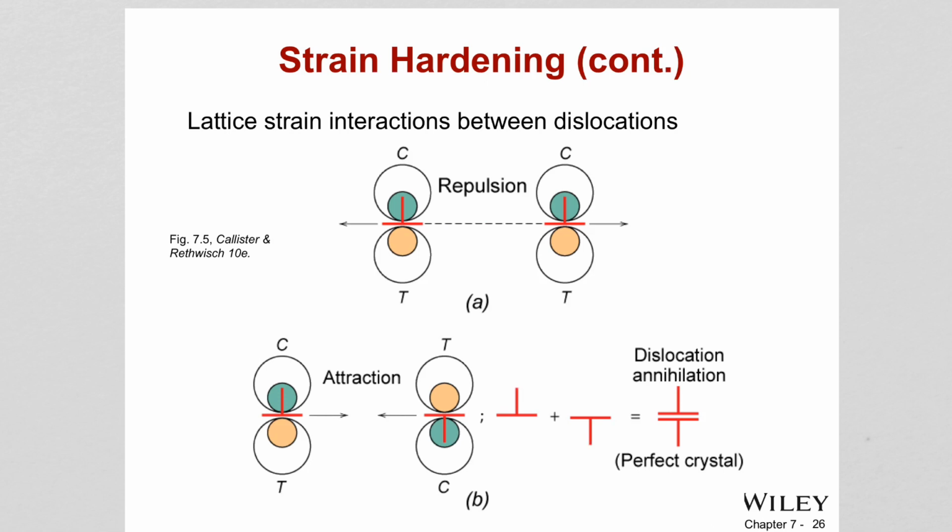They repel each other when their compression sides come together, or when their tension sides are the same. If they are moving along the same plane, they will repel each other, because